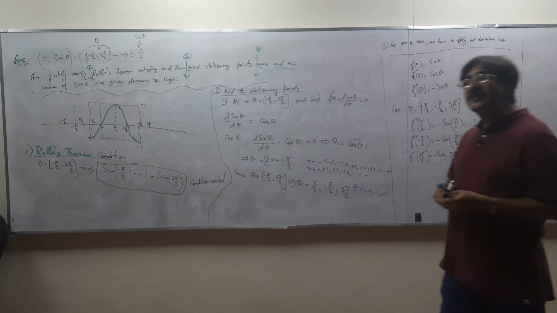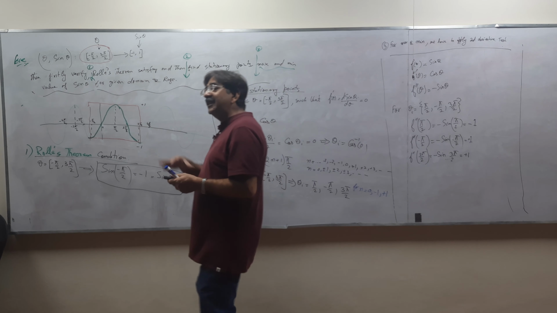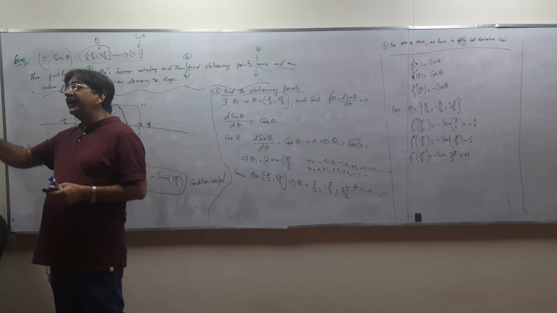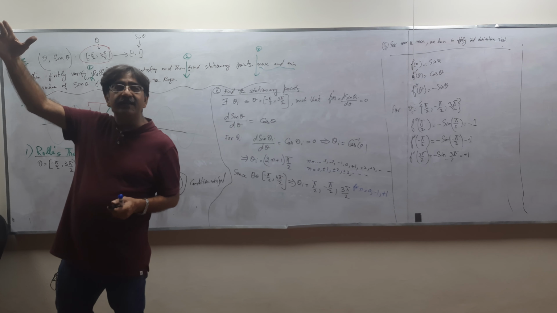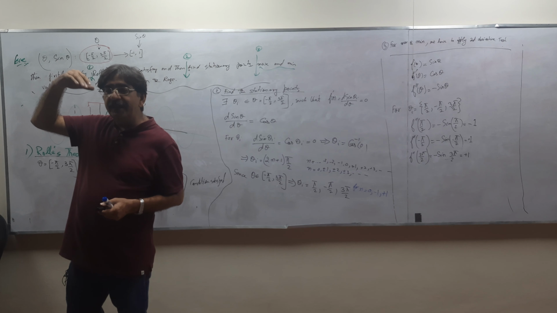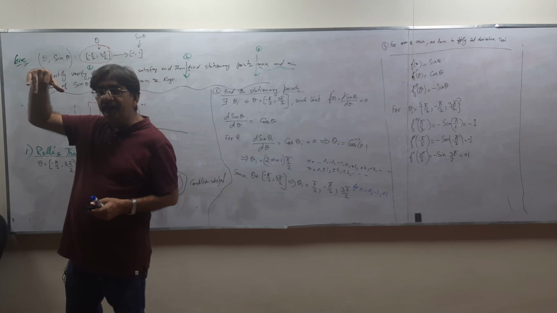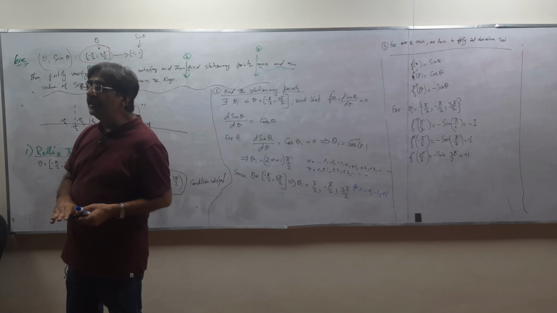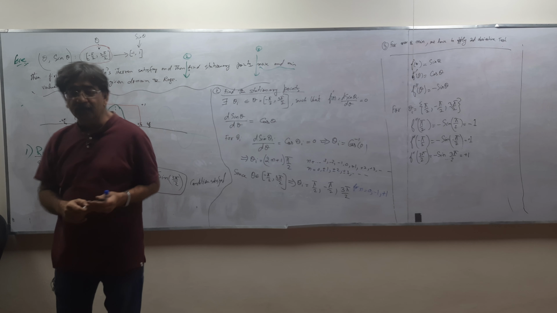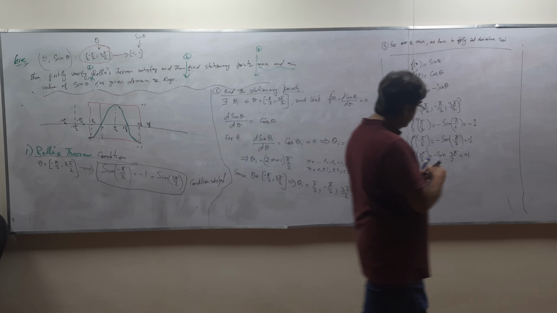If the second derivative is negative, it means the change is decreasing. If the change is decreasing, then that specific point is a maximum. Okay. If the second derivative is positive, then it means the change is increasing. If the change is increasing, then the given point is a minimum point. So, it means